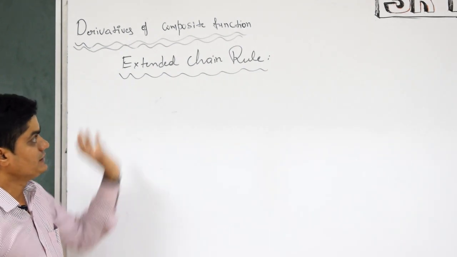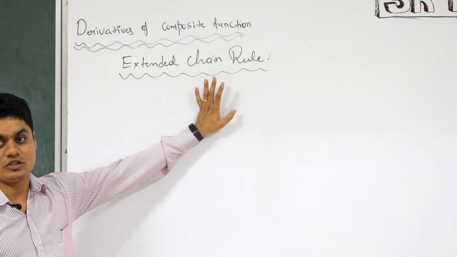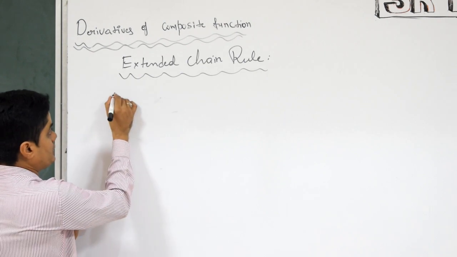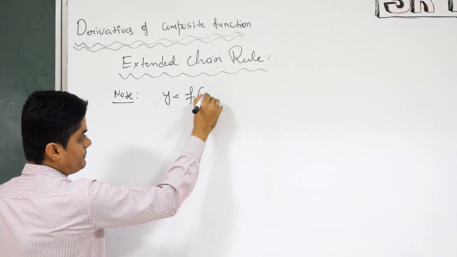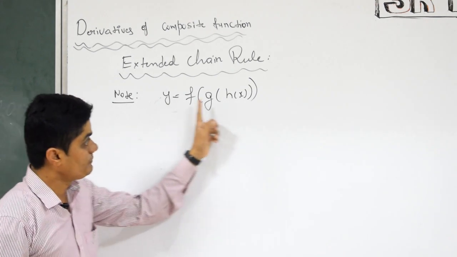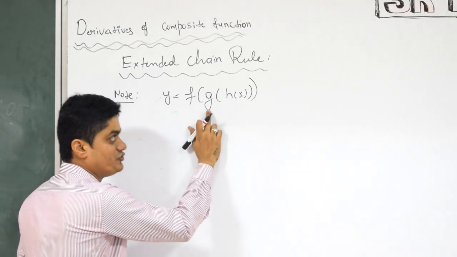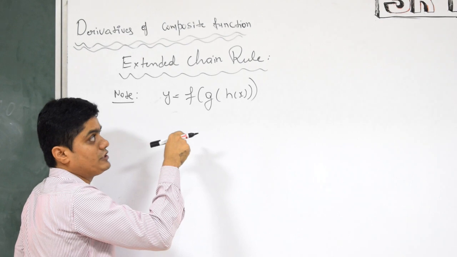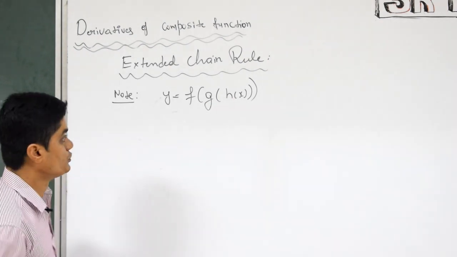See, first you learn chain rule for composition of two functions. Now I'm going to extend the same concept to composition of three or more. So in general, I'll give you a note for the general concept. Suppose the given problem is like f of g of h of x. How many functions are combined here? f, g and h. So that means three functions are combined. Now I will show you how chain rule can be used for composition of more than two functions.